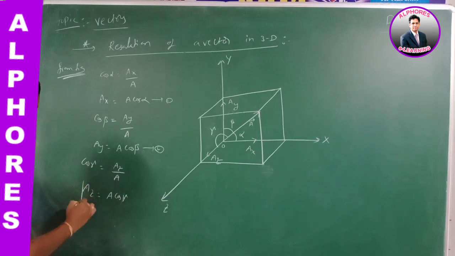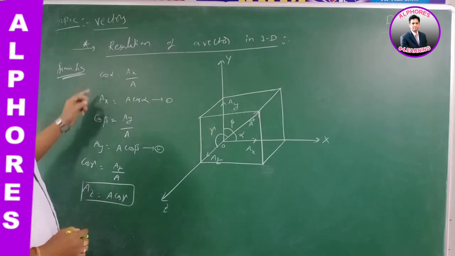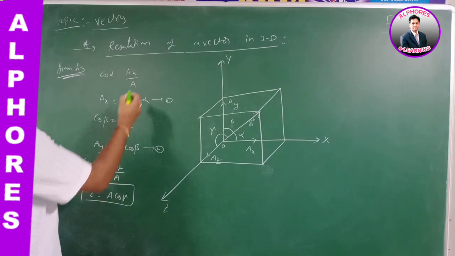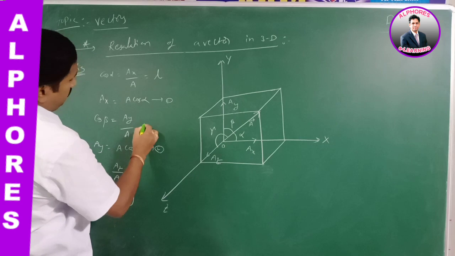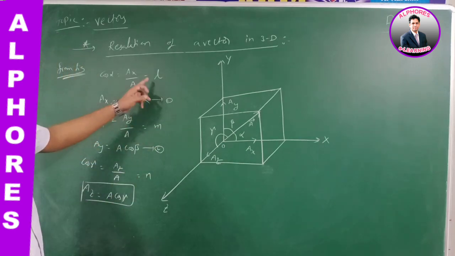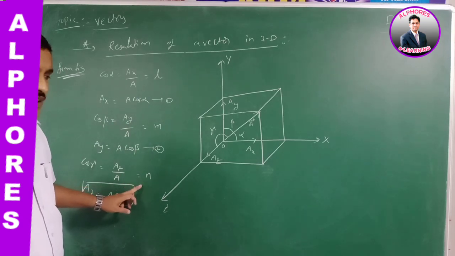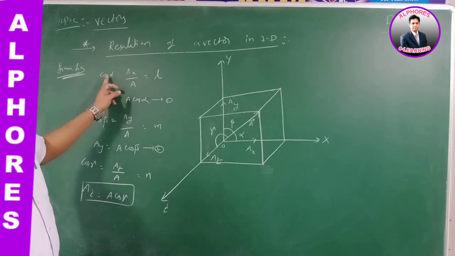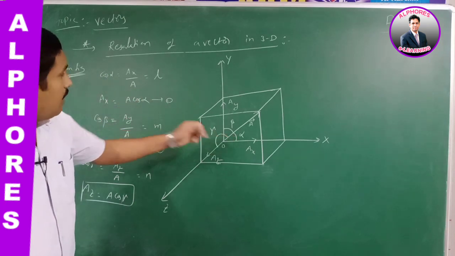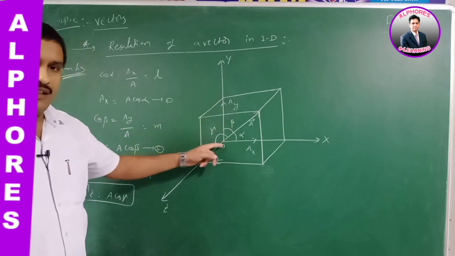Okay, so this is az. Here, let us say this is cos alpha, cos beta, cos gamma. Then it can sometimes be taken as l, this is m, this is n. Here l, m, n are the directional cosines. Directional cosines means the cos function of the angles made by the vector along the x-axis, y-axis and z-axis.